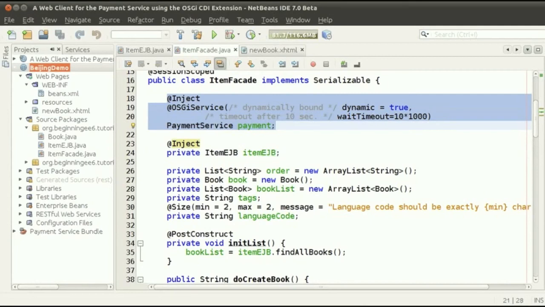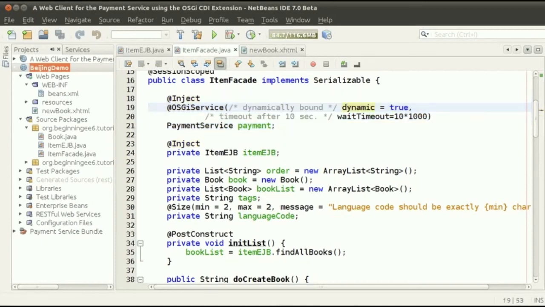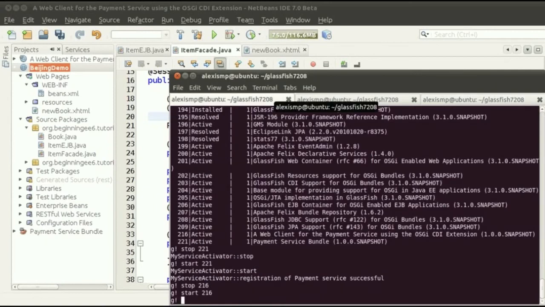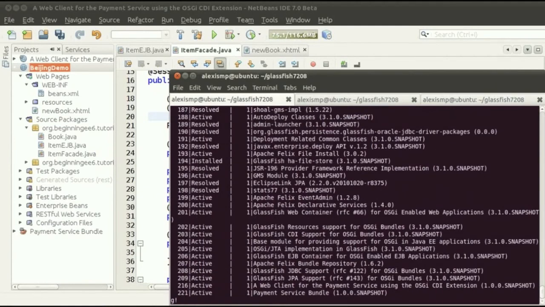But what we're doing here is calling that payment service to process the checkout, injecting this using an OSGi service qualifier, which says that this service is dynamic, and that if it's not there, after 10 seconds, I will time out. So this is a portable extension of CDI. Looking here at the console that OSGi provides us, we see the payment service bundle here